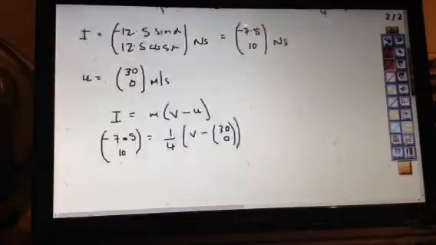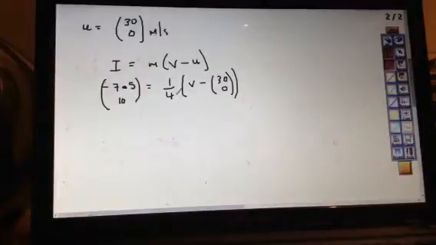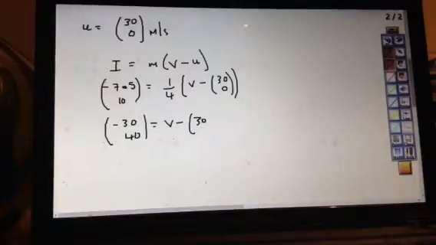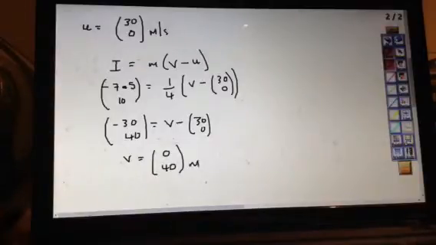Okay, and from there, I'm going to times everything through by 4, so times that by 4 and that by 4. So that's going to give you minus 30 on the top and 40 on the bottom, is equal to v minus 30, 0. I'm going to add that to both sides, throw it over. So v actually becomes 0, 40. And that's a vector, but we don't want a vector. We're going to modulus it, but you can see that's only got one direction, so we can say therefore the